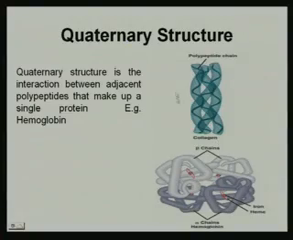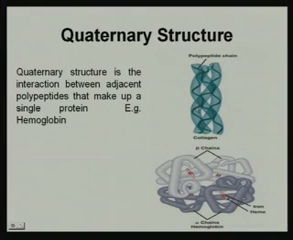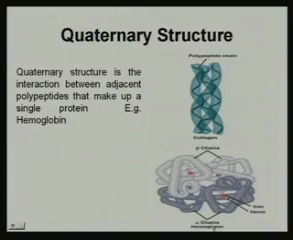Now, in case of quaternary structure, it is more and more complex, I have already told. When more than one peptide chains are getting associated with each other, say for example, hemoglobin is one of the examples of quaternary structure of the protein. Here 2 beta chains and 2 alpha chains are associated with each other, and they are forming a very complex